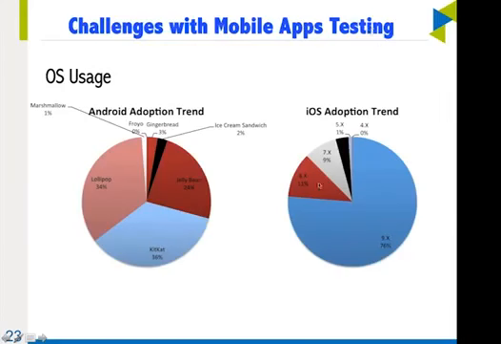Similarly, if we go on iOS, we can see that most of the users have upgraded to iOS 9, and this is the data. So if you are testing on iOS 8 and 7, you're just testing on 20% of the OS usage. Only 20% of users are still left on 7 and 8. So why are you testing on iOS 7? Why are you testing on iOS 8? This is the kind of question that we should be asking, and this is the type of data, as a